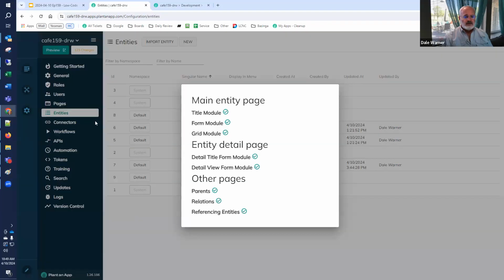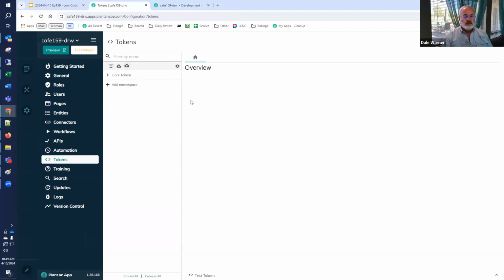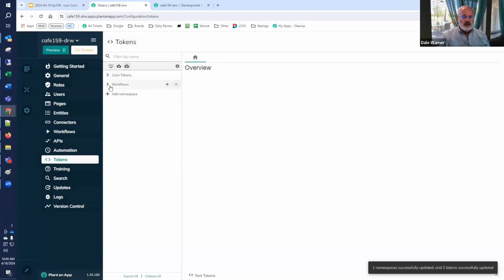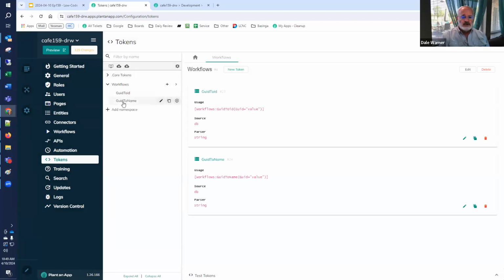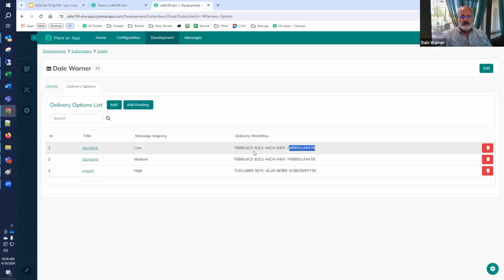So if we go back to our tokens, we're going to import some tokens, then I'll explain them. So we have workflow tokens, and the one I'm interested in is GUID to name, and I'm going to test it. And if I test it with a good value, like this value,